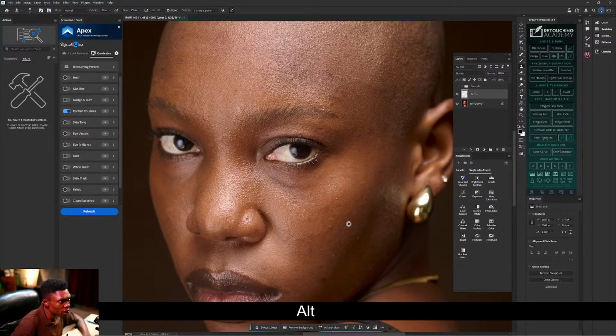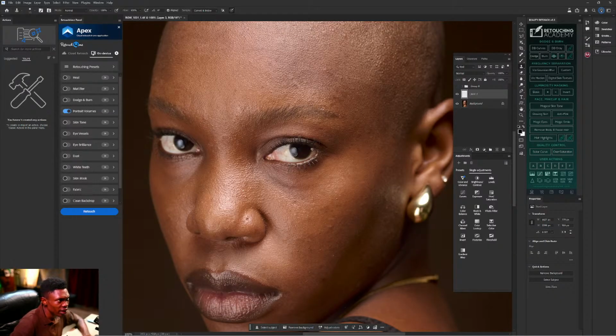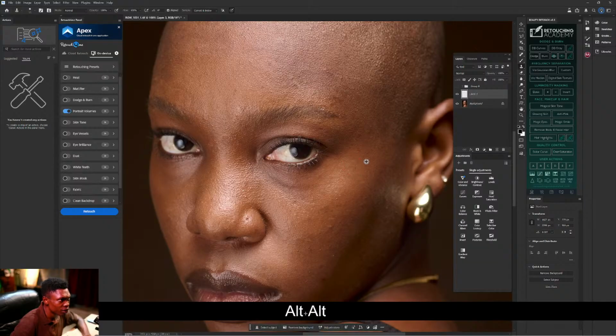People wey dey do this retouching for the world no plenty o, because e dey time exhausting. And some people dem fit do am, but dem no go just wan do am. Like me myself, if no be for the sake of this class, I no go just dey say na wetin I wan use catch fun. No, I no dey catch fun like that o.